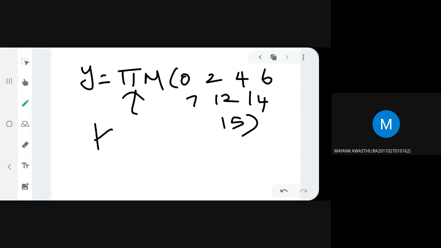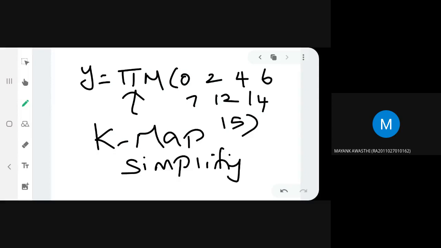Using K-map, you have to solve the problem. You have to simplify it so that you will be using a lesser number of gates to realize the expression, and then we will go for implementation of the same using e-circuit. Now try to solve the problem. First draw the Karnaugh map structure. Is this a 4 variable, 2 or 3? Four variable. This is y of A, B, C, D, or you take your own notation, because the notation is not given. You can also take it as w x y z.